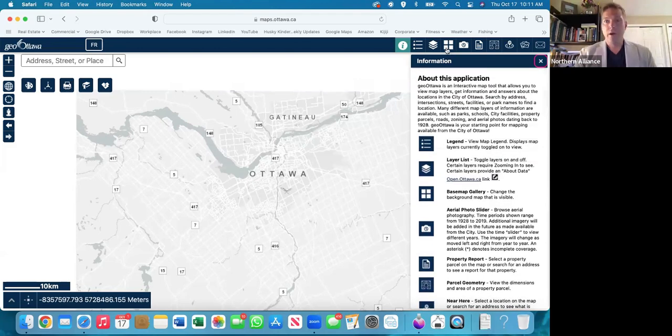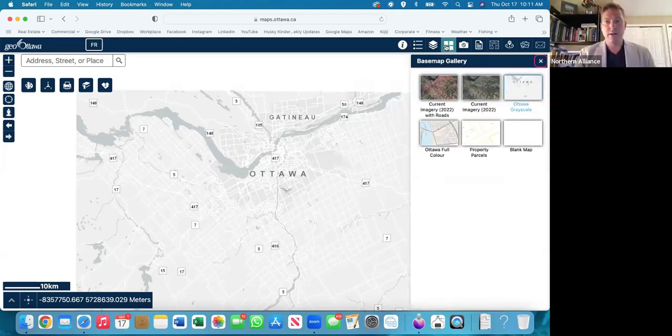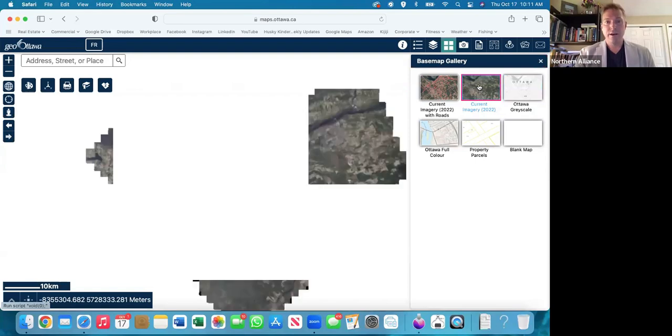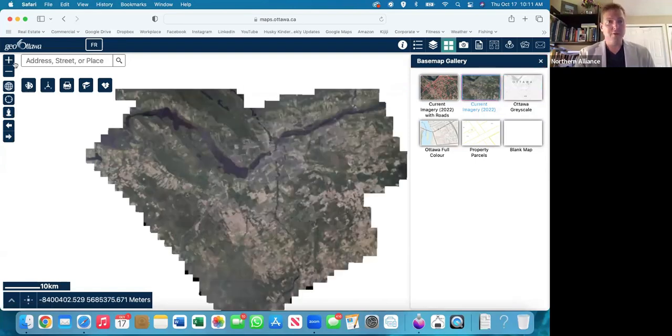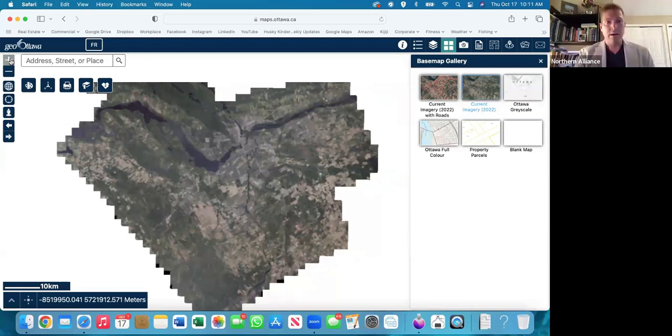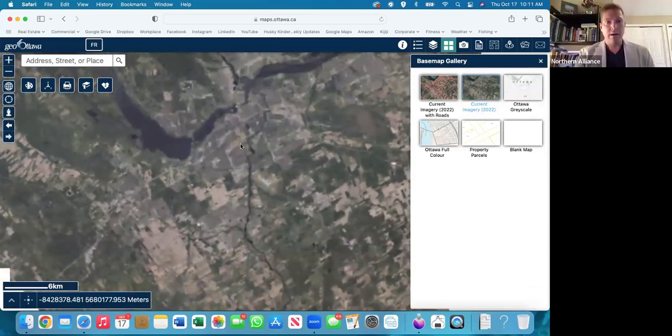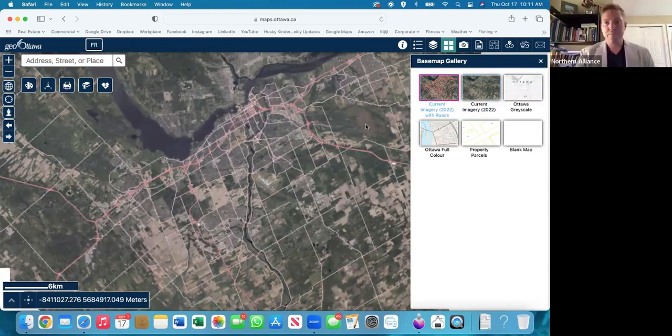But something I'm going to do first and foremost is turn on the base map gallery. You can turn it on with roads or without roads. I'll go without roads at this point in time, but this is basically just satellite imagery of the city, and that helps me with visual representation. I do a lot of searching from the sky, let's say, with these overviews. Like, I'm going to add roads there,